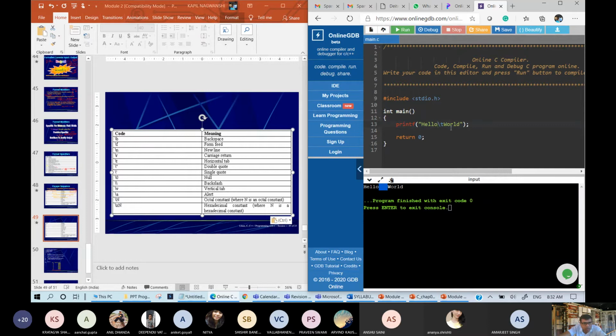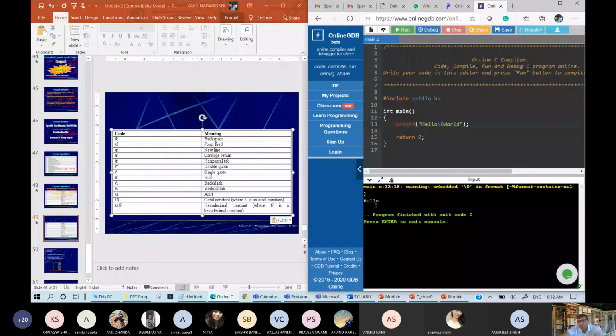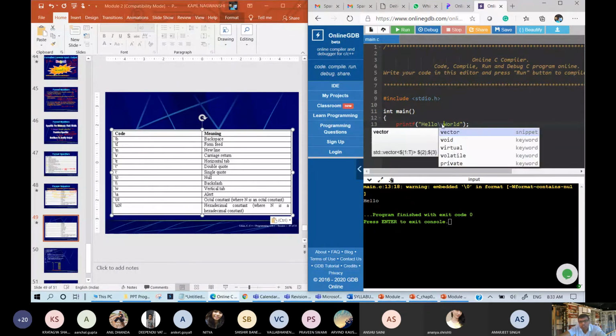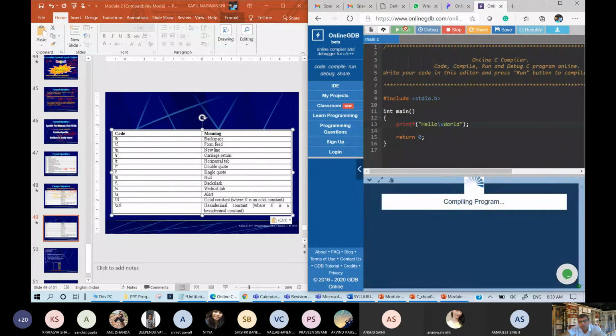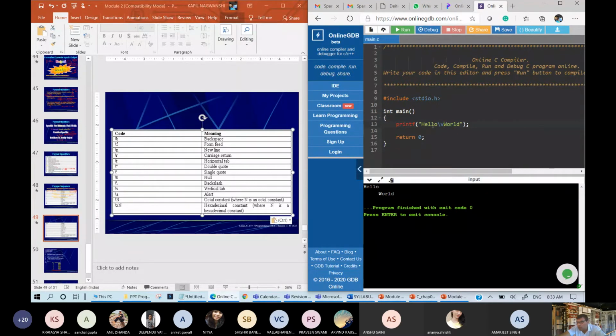Then there is one more, double quote. If you want to print a double quote, you are not able to print it simply. Okay, single quote. And if you want to return nothing, \0, see the output of this. Only hello is coming and world is deleted, meaning whatever I had written after this will be omitted. Then come to vertical tab. Here you can see the beauty of vertical tab also. Hello and world. World will be from the next line. Yes or no?